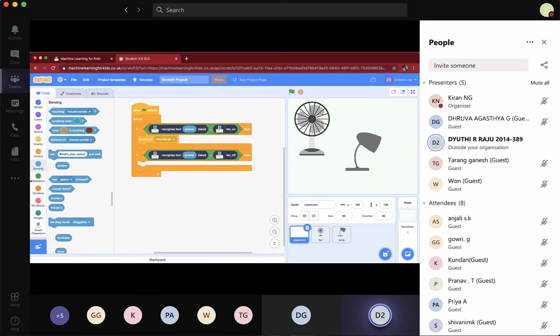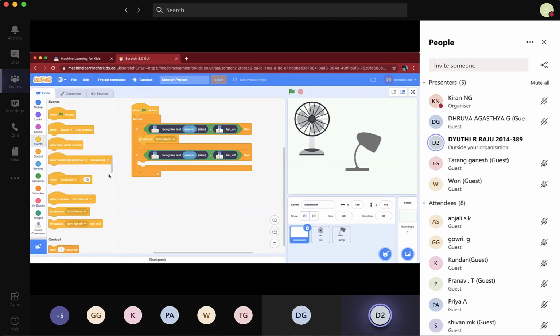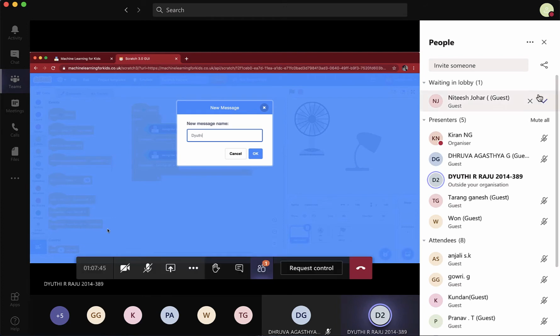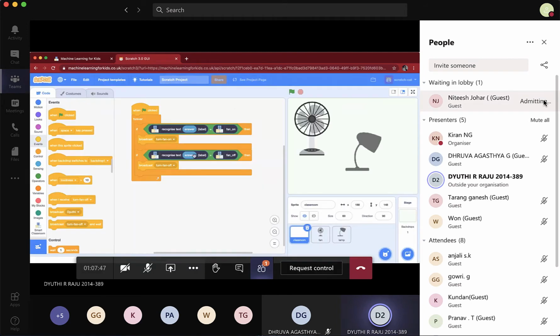So yeah, I have already done this once, and that's why I have options of fan on, fan off, lamp on, and lamp off. If you are doing it new and you have not logged in, then you have to click on new message like this, and it will ask you for a name. I'm going to type my name. Okay, yeah, you will have this new